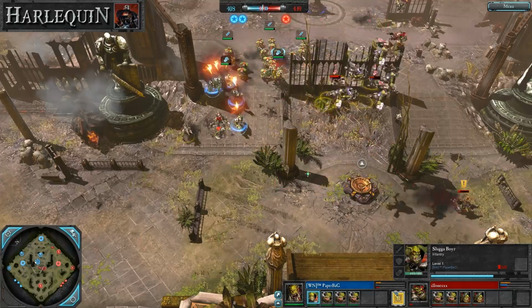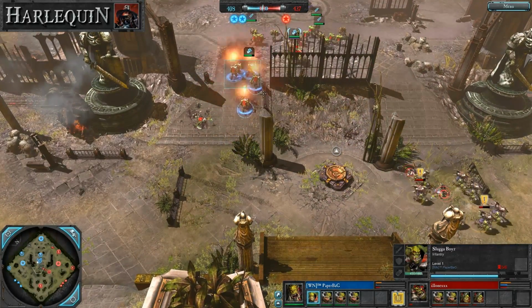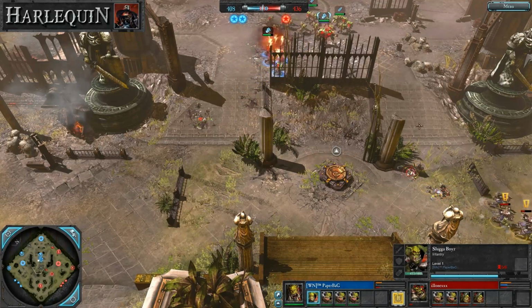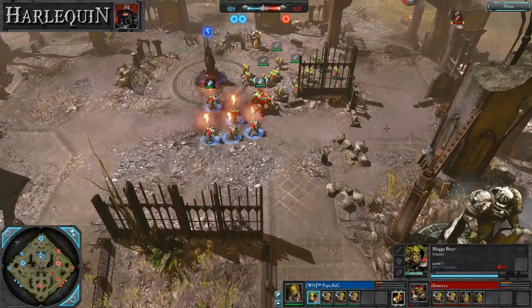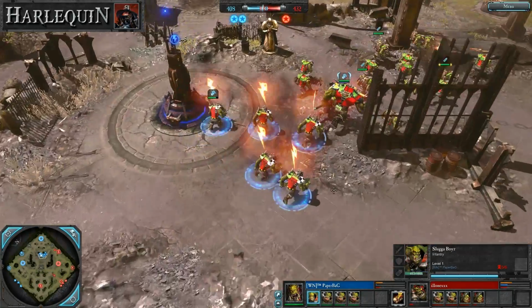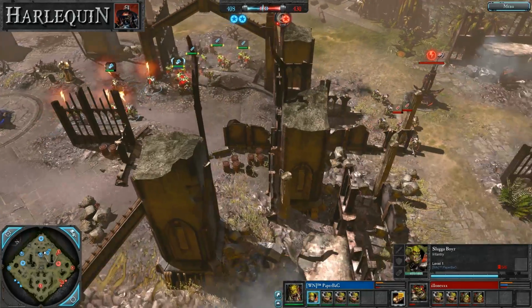But we can see right now, looks like PaperBaG went ahead and fired off Use Your Choppas on his Slugger Boys. I'm saying boys and bag. That's my problem there. Anyhow, by the way, if you hadn't seen it yet, this is the new Use Your Choppas graphic, just to make it a little bit easier to notice. I, for one, love that,